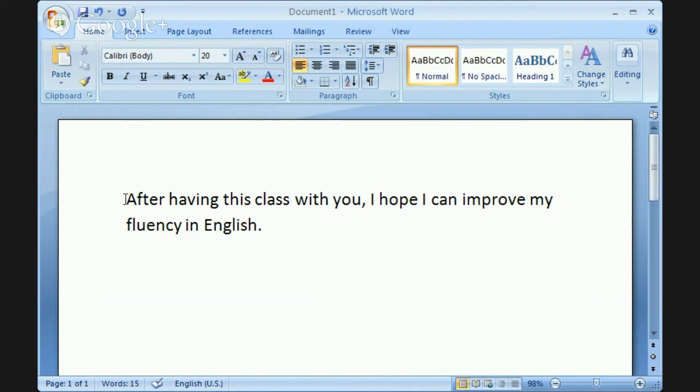Okay. A couple points here. Zhang, because you use the subordinator, the word after, often time words, you are pretty much absolutely forced to make a complex sentence. Now, this